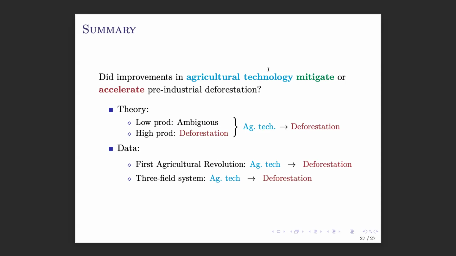Yeah, I think these are good comments, and I agree. I think I understand the intuition for the agricultural side quite well. There's stuff going on on the non-agricultural side which is more complex, which I'm still wrapping my head around. But on the agricultural side, it's this basic thing where I am a landowner. I have some amount of land. I can decide whether to convert it to farmland or keep it as forest. It is not obvious what I should do when productivity increases.